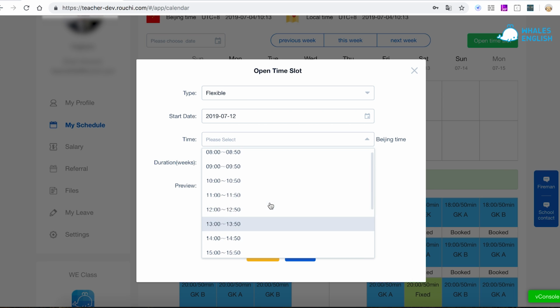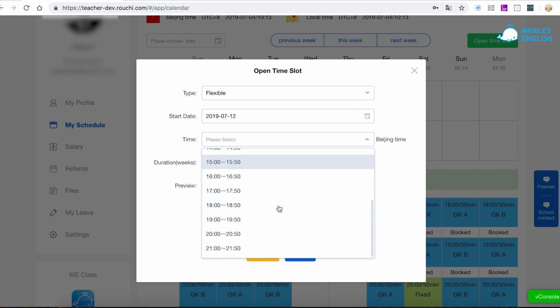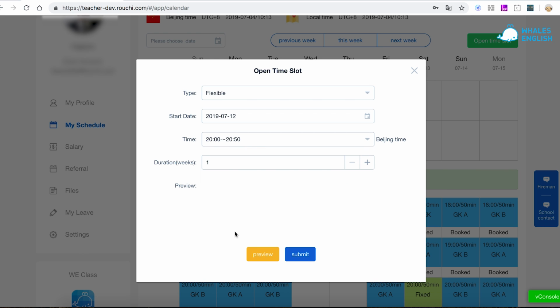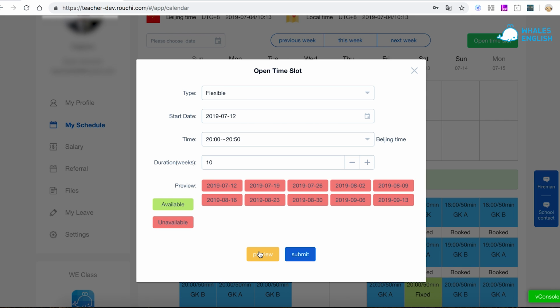Please note, by the way, there are no classes in the morning time in Beijing during the week, so these are unavailable. Let's choose an 8, and I want to open this for 10 weeks. And by clicking Preview, I can see here all these dates are unavailable, so I have to choose something else because otherwise it would be green. So let's go back